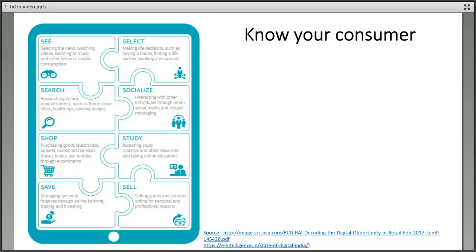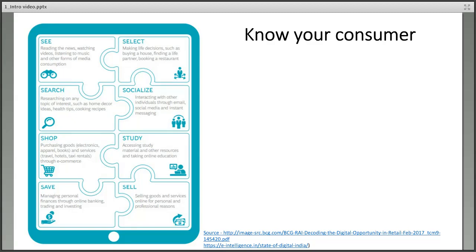Once we get to know about these demographic and geographic details, we need to know the consumer. A recent report by one of the top consulting companies suggests that consumers come online to do one of these 8 activities. The first one is seeing, where they want to read the news, watch videos, or listen to music, and want to consume different types of media. The second one is searching, when they are trying to look up any topic, any issue, or any news, or probably cooking recipes, health tips, any ideas, or any home decor ideas as well. The third thing which any consumer wants to do online is shop. I think this is very common, and all of us have shopped online, wherein we either purchase goods or services or any other